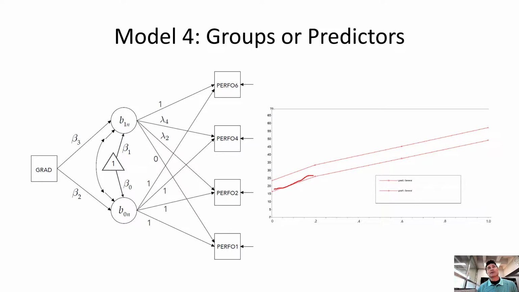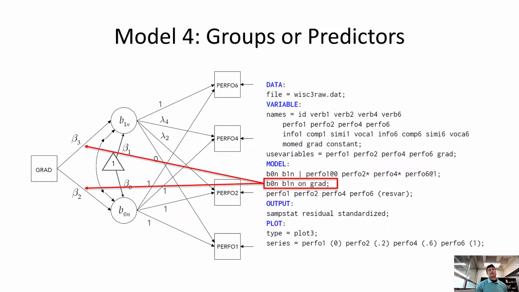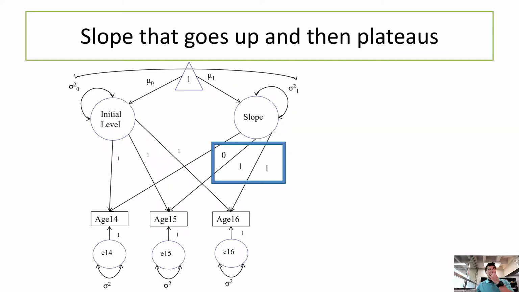What we look for in repeated measures ANOVA is this interaction between time and group. We don't see that. These lines are almost exactly parallel. So the effect on the intercept is significant. The effect on the slope is not significant. And to put this into M+, it's relatively simple. We're regressing these values onto a graduation rate. That syntax is how we get these two lines.